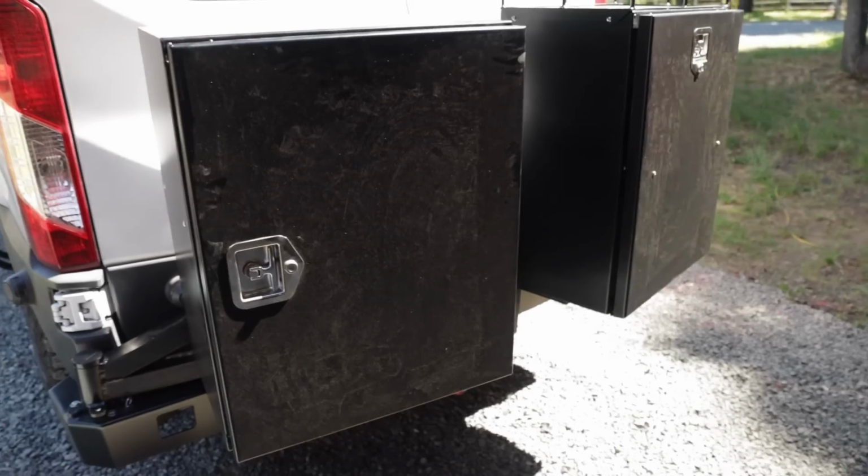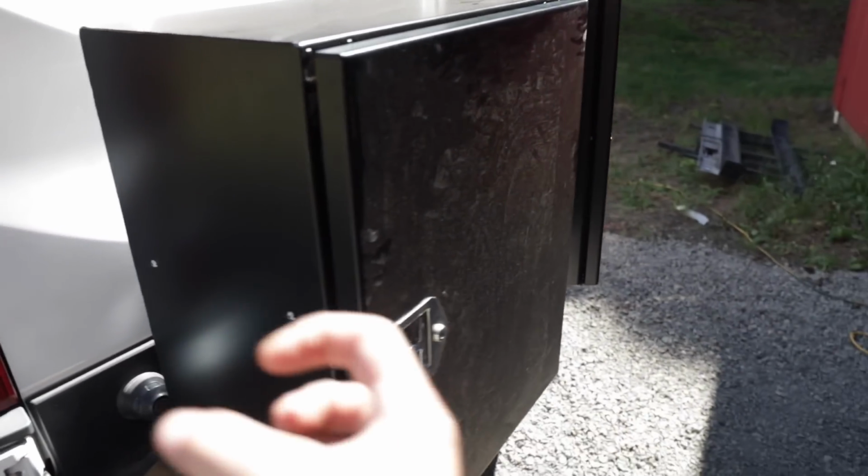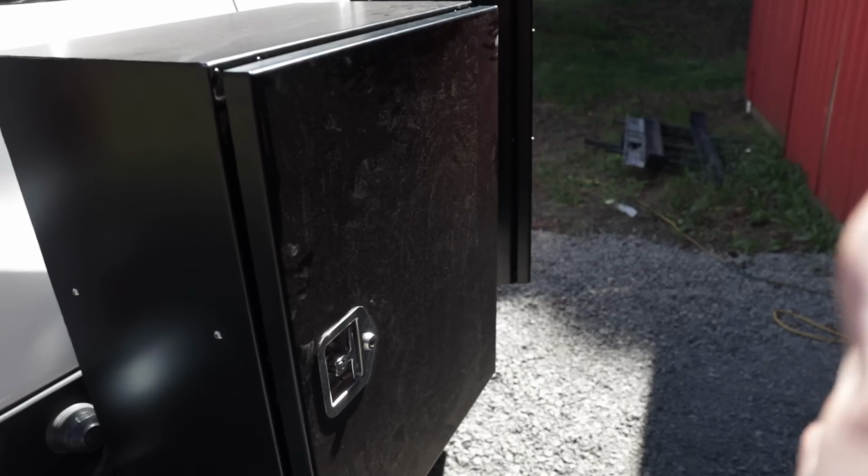And the reason why I had the door open this way, I think I mentioned it, is if we do get a trailer or any sort of a bike carrier or anything, I can still open it and get into it from the outside. Whereas if it hinged from the other side,